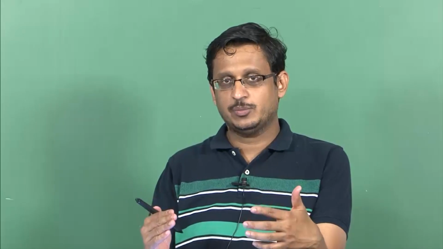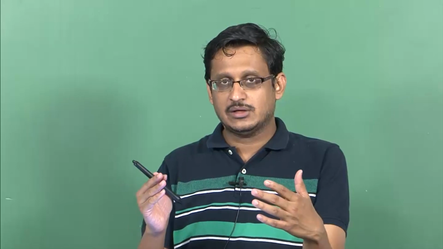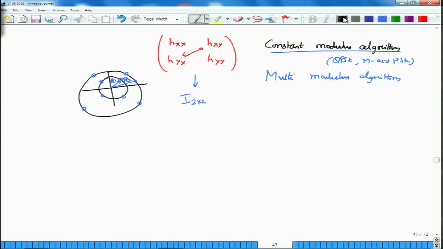Okay, so by whatever mechanisms you can use, your basic idea would be to take a correlated matrix, or a matrix which has non-zero elements along the non-diagonal elements, and then make those non-diagonal elements go to 0 as much as possible, while making the matrix essentially look like an identity matrix. You may not exactly achieve the identity matrix, but you can get close to it, and how close, and in what sense we are talking about close, depends on the algorithms that you normally use. Okay. So, this was about polarization recovery.